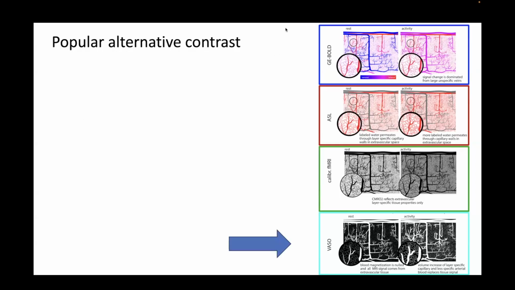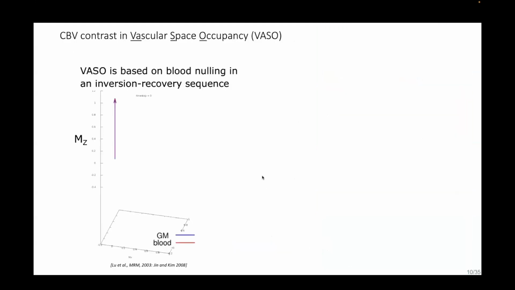So we have different sequences out there that are commonly used, also commonly at NIH, and I would like to go through them. One of the methods is looking at VASO, which is trying to look at blood volume imaging. VASO is a non-invasive method. It's aiming to look at blood volume changes, and it's actually a quite simple method in the sense that it assumes that each voxel consists of blood volume and the rest, neurons and gray matter tissue, which is exemplified here as two magnetization vectors. We have the blue one that represents the tissue,